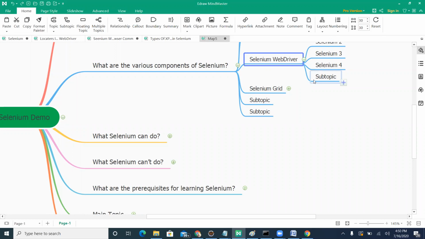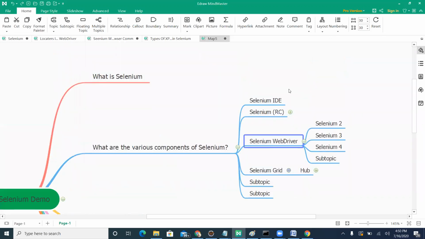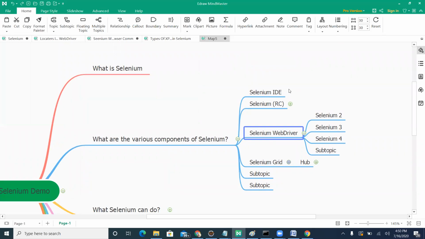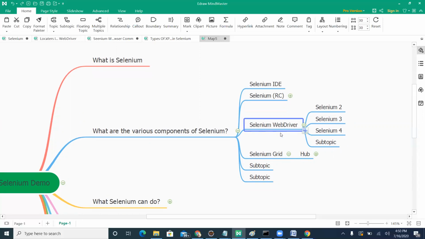So, anything you have here till now? I hope it is clear. Okay, that's cool. Let's come to Selenium Grid. Selenium IDE is a playback tool, and Selenium RC was connecting the browser and code, and then they merged Selenium RC with some APIs in Selenium 2. They changed it and called it WebDriver.